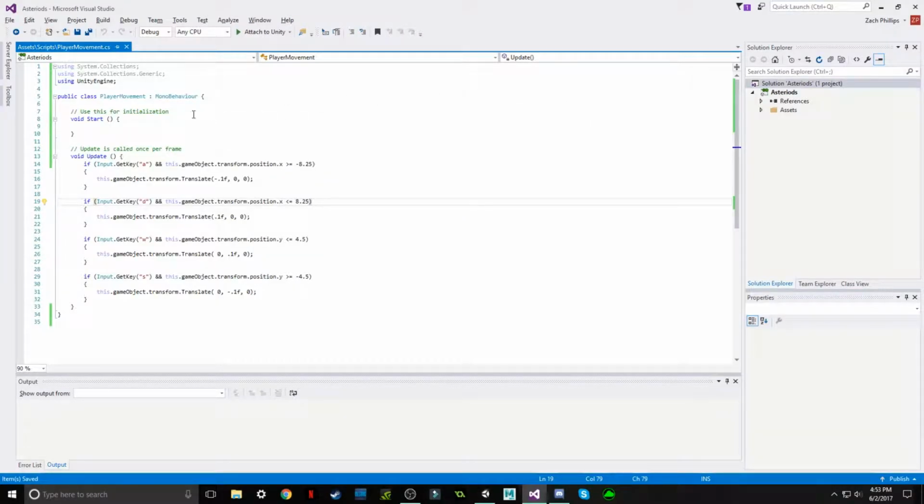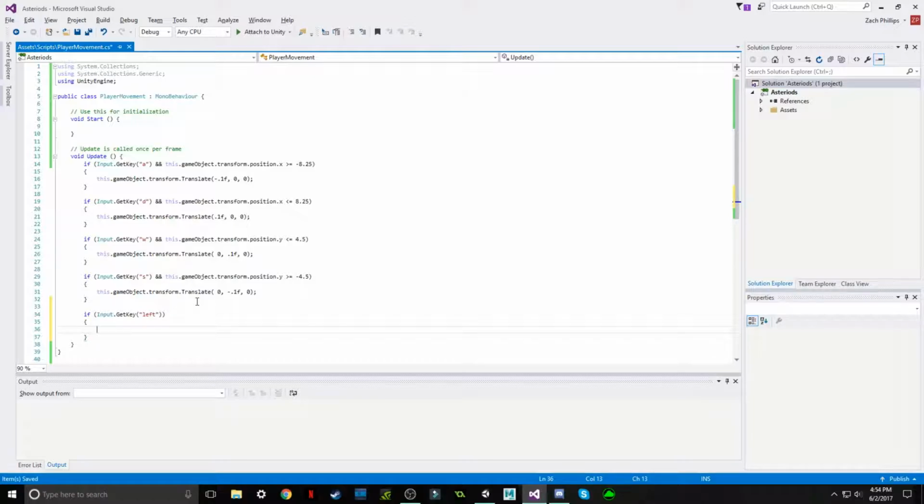So we're going to go back to our player movement, and we're going to say, okay, let's do if input.GetKey. We're still going to do GetKey, because I want to put this on a timer, so they can't just spam bullets in a straight line. So let's do GetKey. I'm going to say left. Oh, that's not left. If Input.GetKey left,